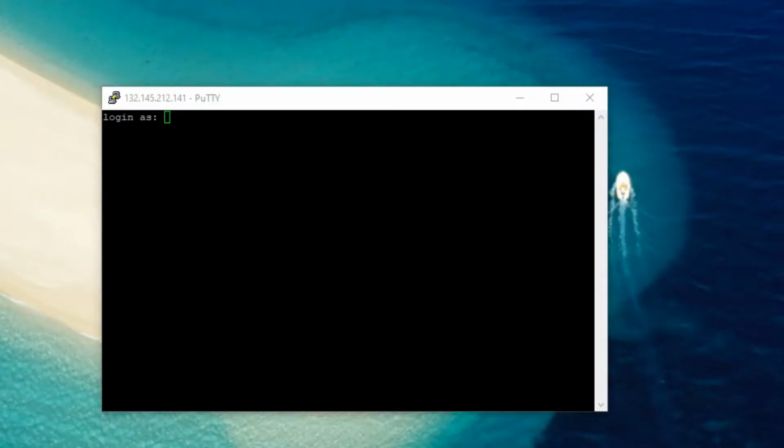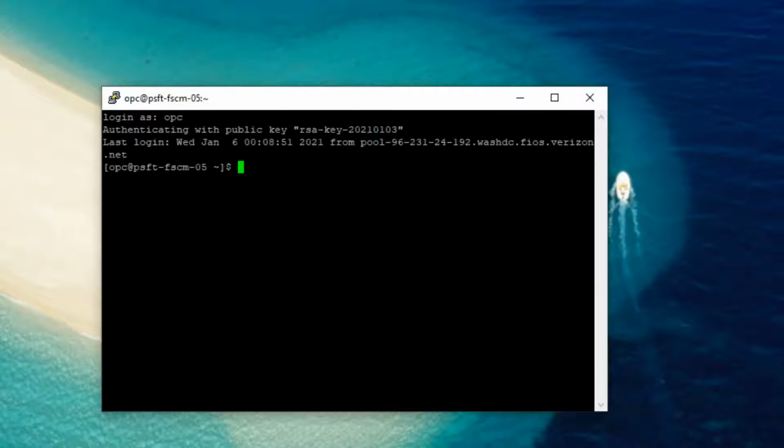First, I logged into PuTTY to access our compute instance via SSH. I will log in with our default user account, OPC. Let's switch the account to root account because root account has the admin privileges to do our task.